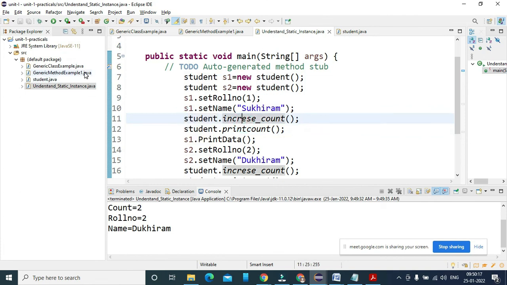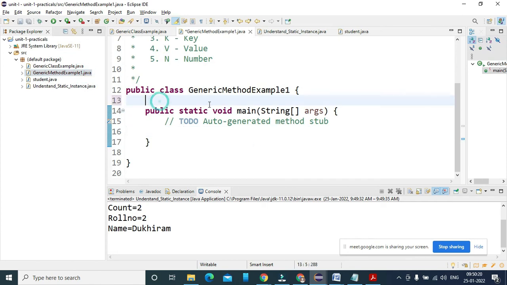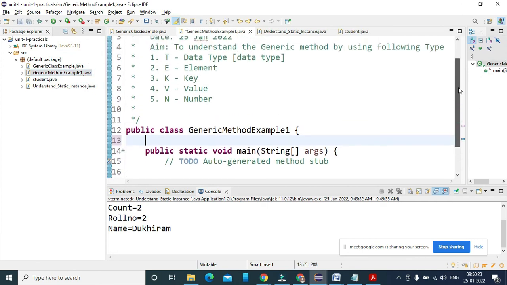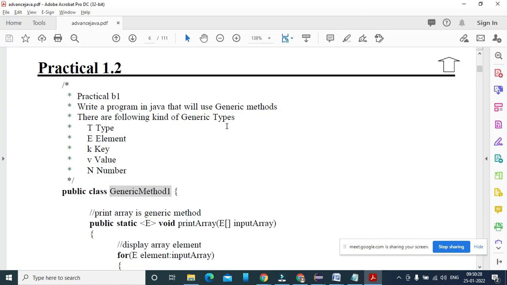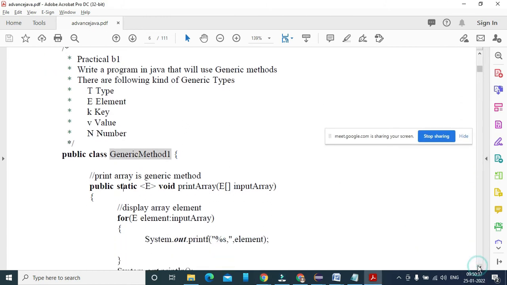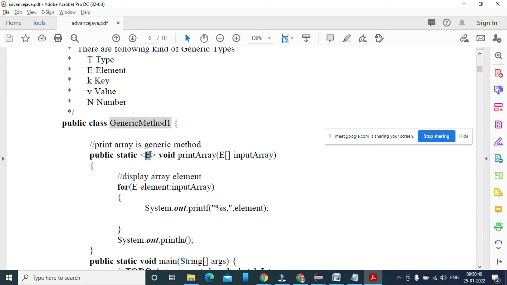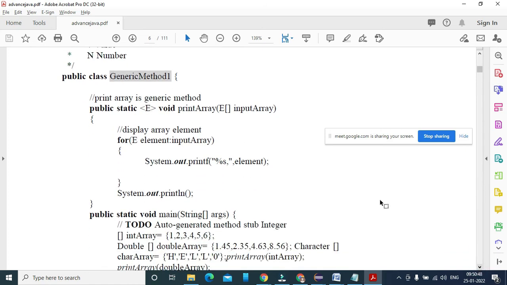So let us move to a method right now and I'm going to create the element here. If you look at E, it stands for element, and if you are saying it is a static kind of element, it means it is shared by all the objects. So whatever the elements are there, you are going to change those elements accordingly. So your array is any kind of array. It's an integer array, it is a double array, and it is a character array.